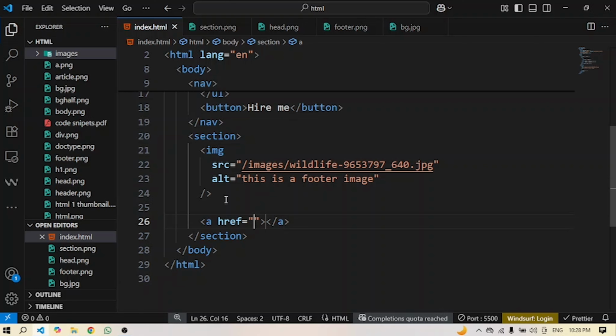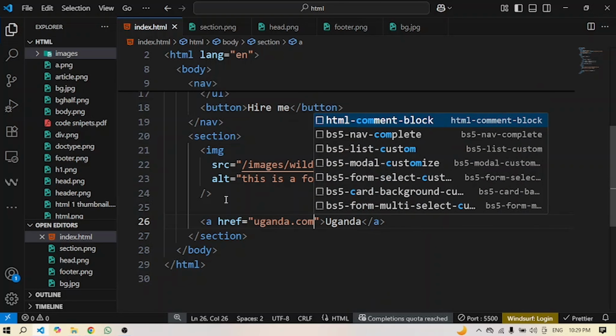So for example, the link text is Uganda, and we want this link to point to somewhere called uganda.com. So we put uganda.com in the href of this